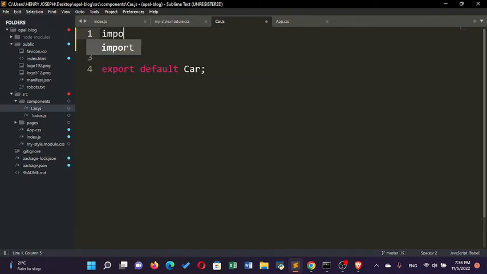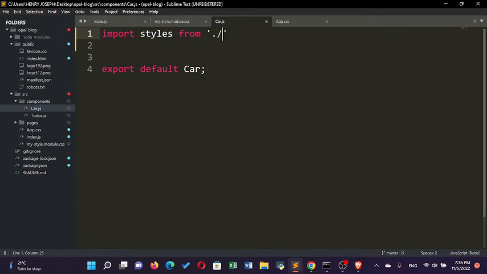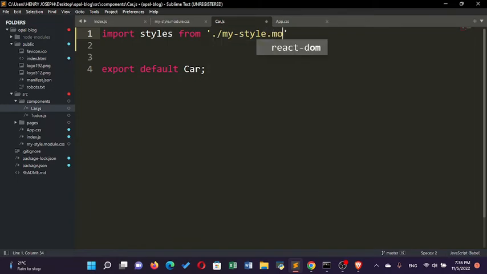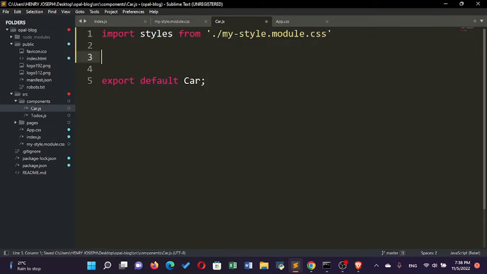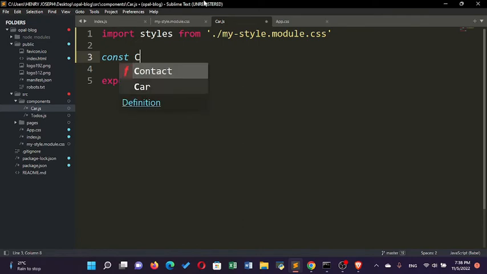Now I'm going to import my CSS module. I'm going to import it as styles. I named it my dash style dot module, that's my-style.module.css. So I've imported my CSS module. After importing my CSS module, I now need to define my component. So I'll say const car equals to